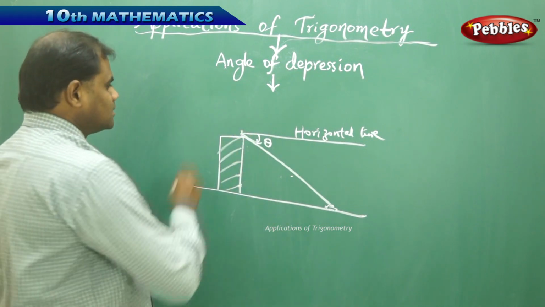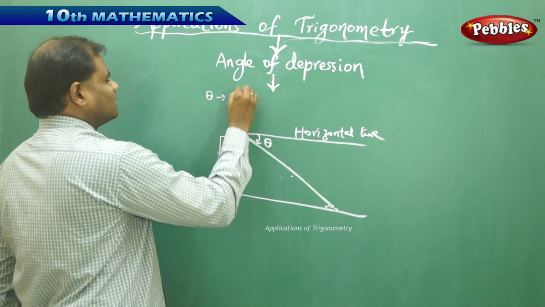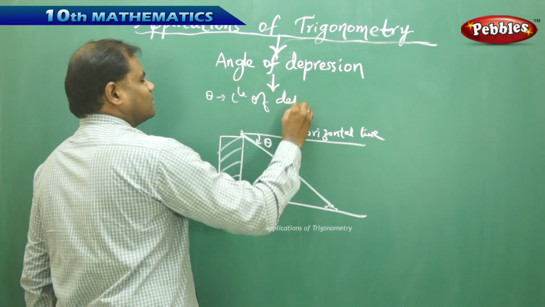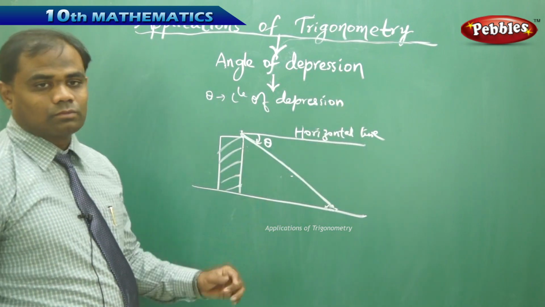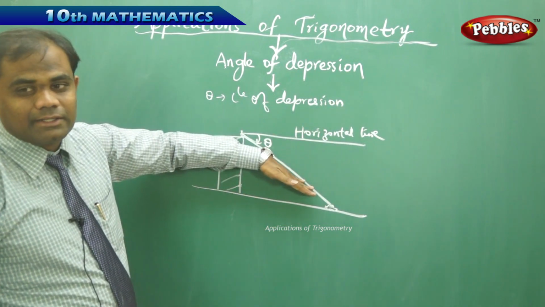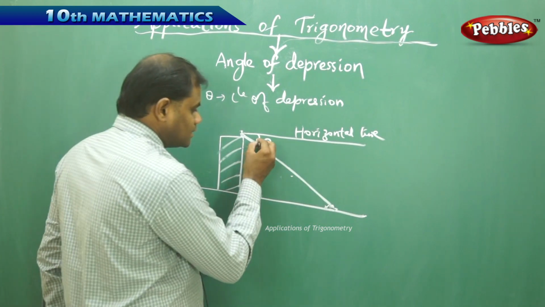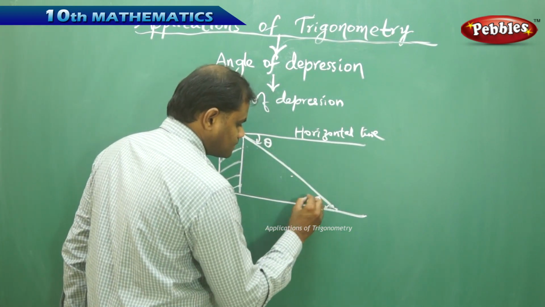So in this case, this angle theta is called angle of depression. Because this is downwards, clearly this is angle of depression, and clearly this equals